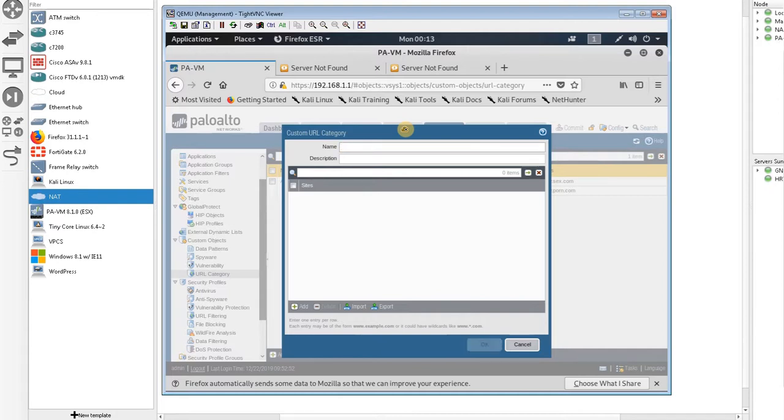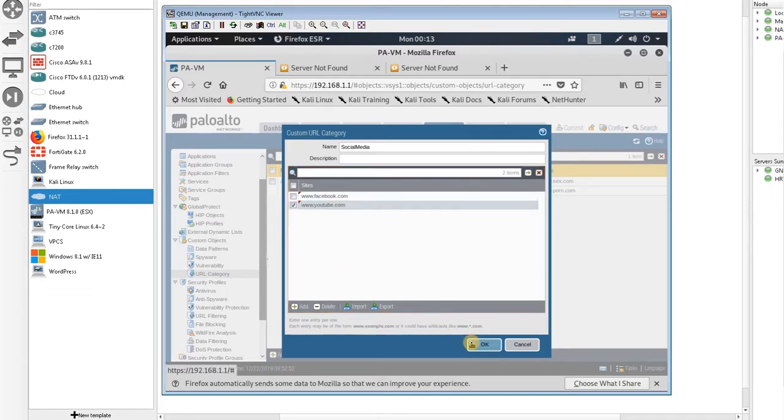I call it social media, and under here I just add some websites such as www.facebook.com, www.youtube.com, and